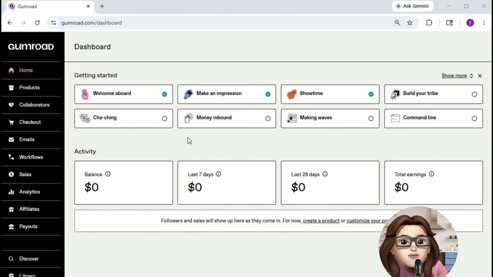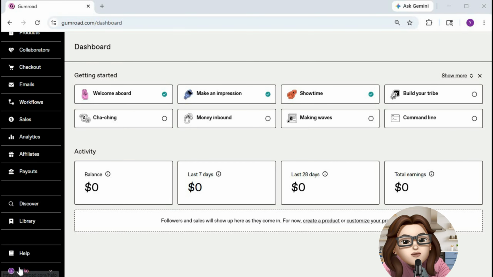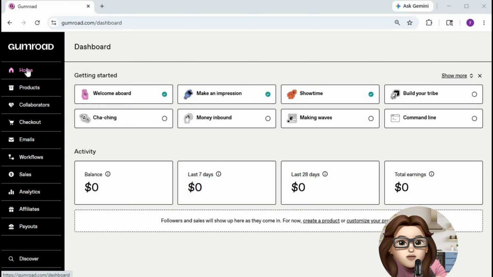In this tutorial, I'm going to show you how to add a product link from Gumroad to your website. First, open Gumroad in your browser and sign in to your account. Once you are inside your dashboard, you will see sections such as Products, Sales, Collaborators, and more on the left